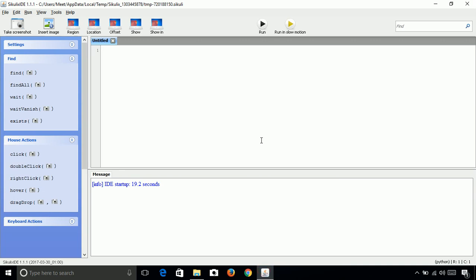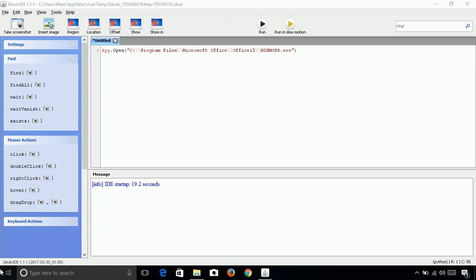And now let's use the function app.open. In double quotes, you have to paste the path, and then it will be winword.exe. As we have learned, we have to put a double slash here instead of one to escape the slash. So put two. Now it will open the Word.